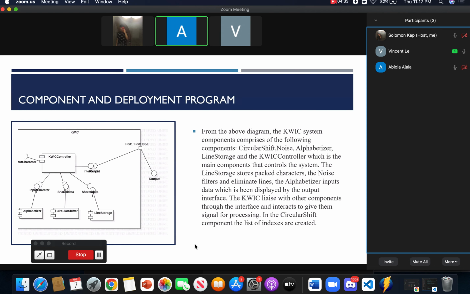Next, we have the component diagram, which was done by both Solomon and Abiola. From here, we notice that the KWIC system comprises the circular shifter, the noise eliminator, the line storage, the alphabetizer, and the KWIC controller, which is the main component that controls the system. The line storage stores packed characters. The noise filter eliminates lines. The alphabetizer inputs data, which is displayed by the output. Next,